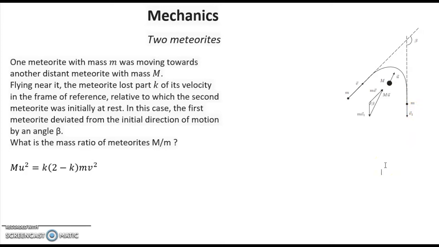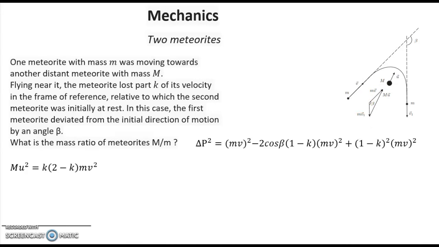Now from this picture we can see what happened to the momentum of the first meteorite. Initially it was mv, and after that it was mv1. So the total difference is this one, which is exactly equal to the opposite momentum of the second meteorite, because they just exchange it. And this momentum we can calculate from the cosine theorem using this triangle. That will be